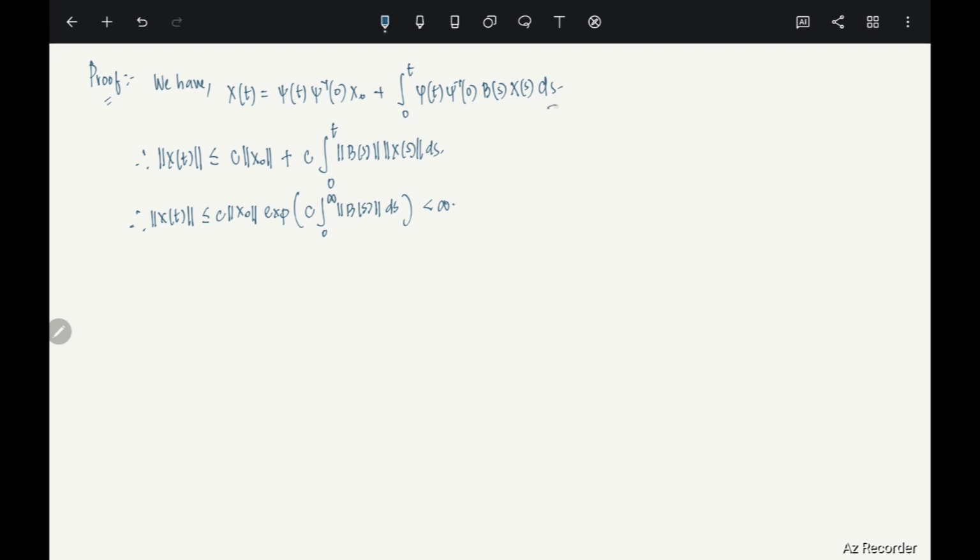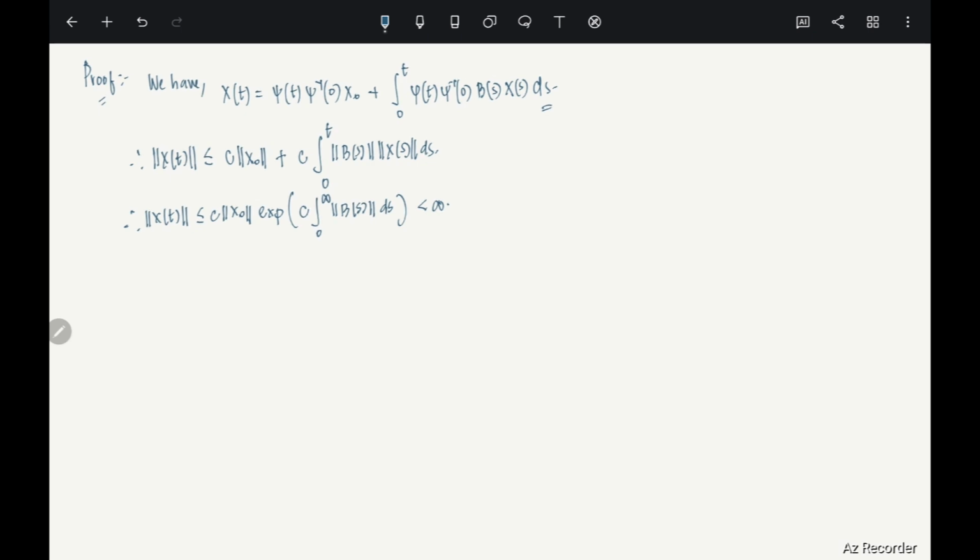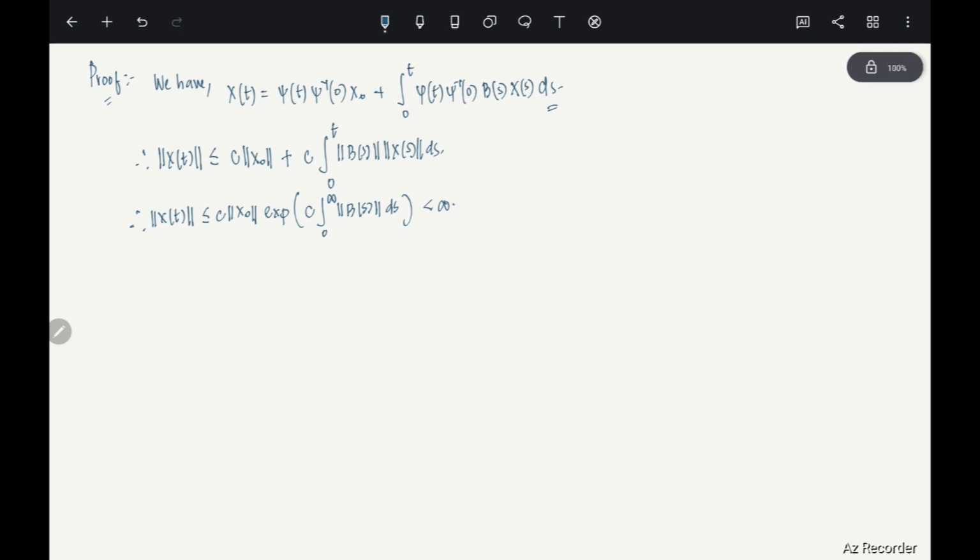Once you write this part, in the other part, what we did individually, we showed that the fundamental matrix and the inverse of the fundamental matrix norms are bounded. Here, it is given that phi t times phi inverse of 0 is bounded. So we just use that bound. Nothing doing here. Clear? So it's very trivial. I mean, it's not very difficult actually. Okay. Now,